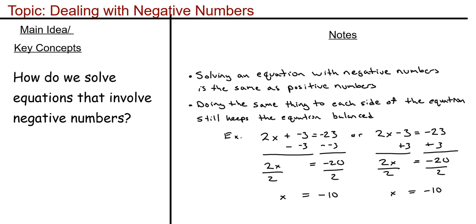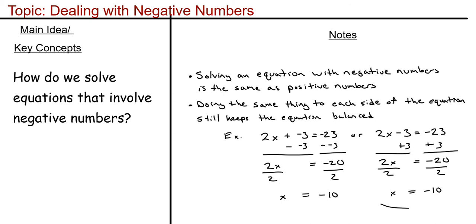Here we have a -3 or subtracting 3. And we have a -23 over here. So if we look at this side, 2x minus 3, we add 3 to both sides. And we divide both sides by the same number